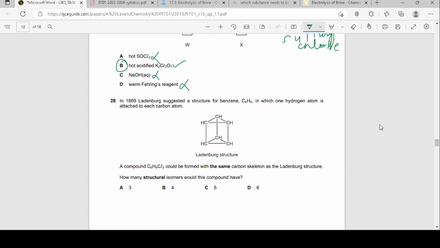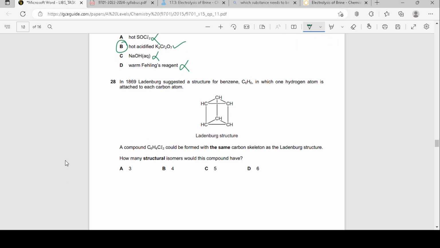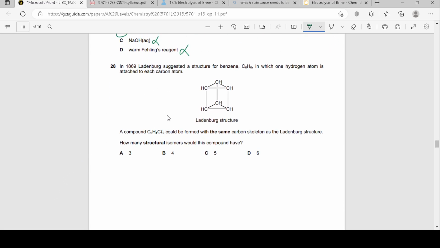Okay, so next question. In 1869, Ladenburg suggested a structure for benzene, C6H6, in which one hydrogen atom is attached to each carbon atom. A compound C6H4Cl2 could be formed with the same carbon skeleton as the Ladenburg structure. How many structural isomers would this compound have? So if this is my compound,